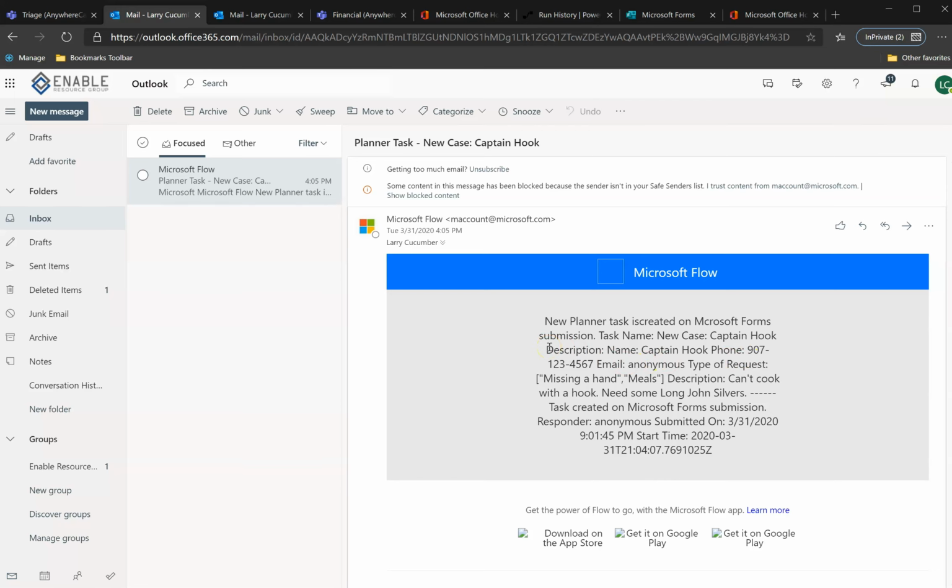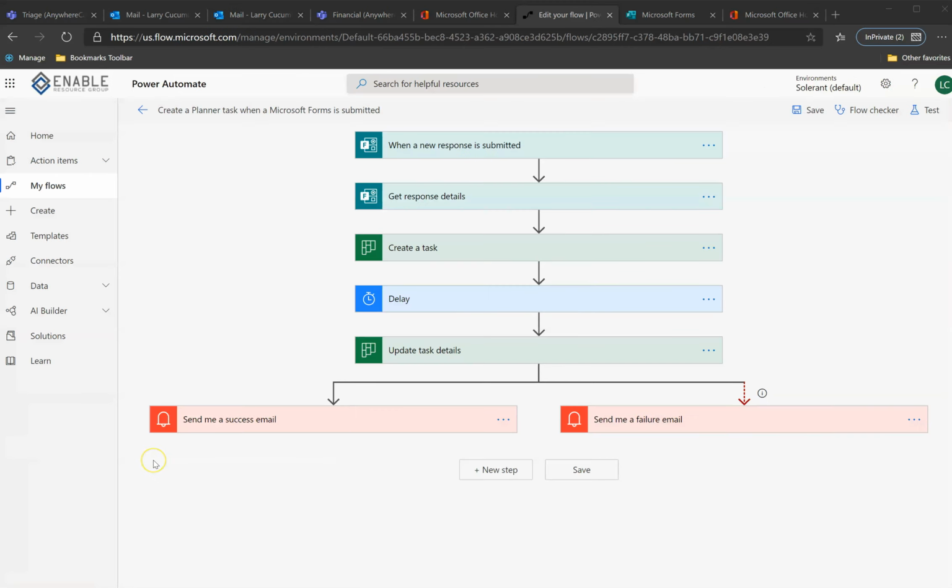We could probably do a little bit more, maybe put a link to the planner task in there or something. But this gives you a good idea of how to create the flow and get in there and mess with it. And so one last thing I want to show you before we leave Power Automate is when we're looking at the template here, all Microsoft has done has been to piece together some of the building blocks of a flow for us so that we don't have to think about which ones we need to use. But we could delete any of these. We could add more. I can click a plus here and say, I want it to also post on success